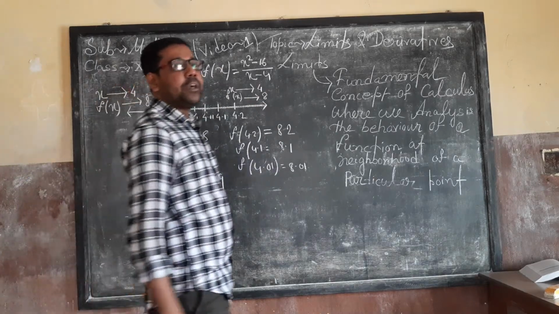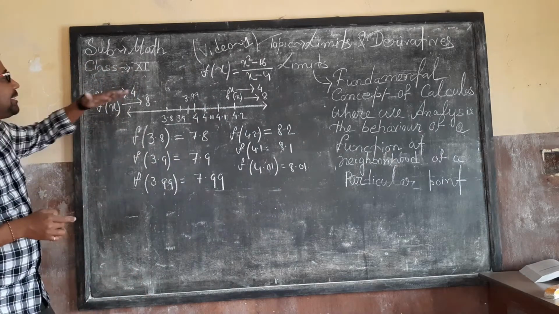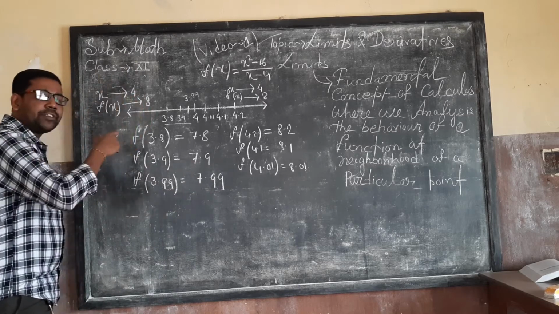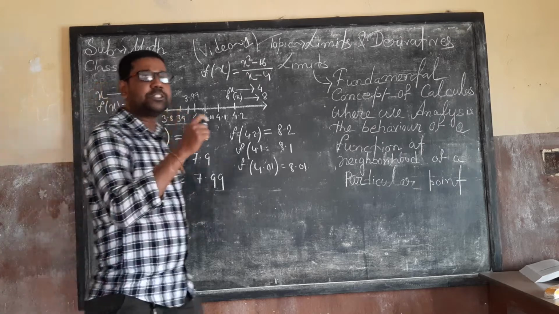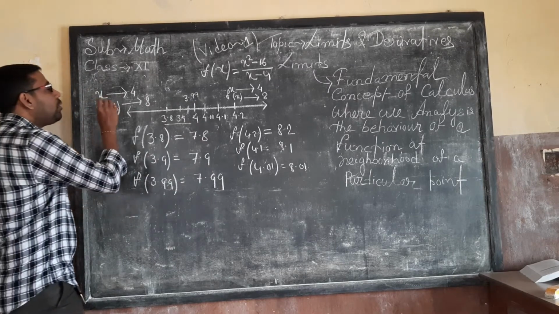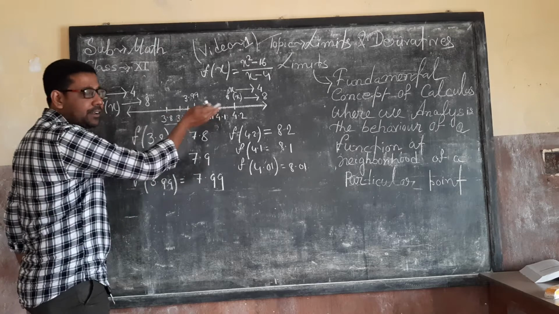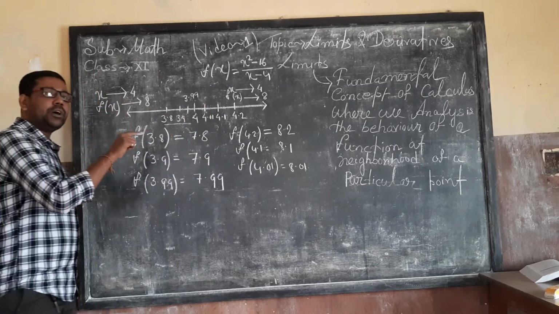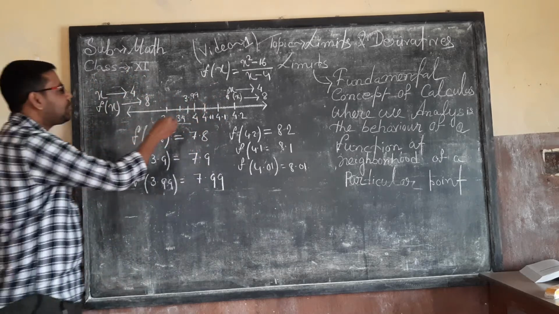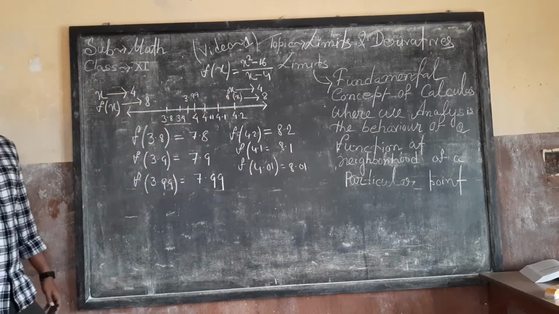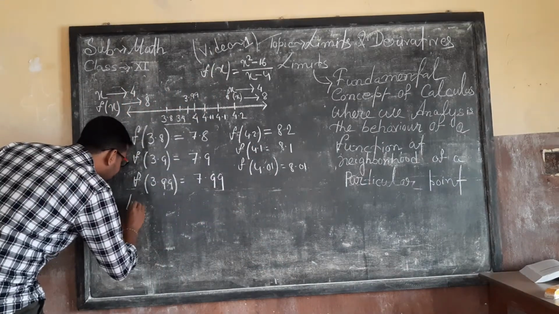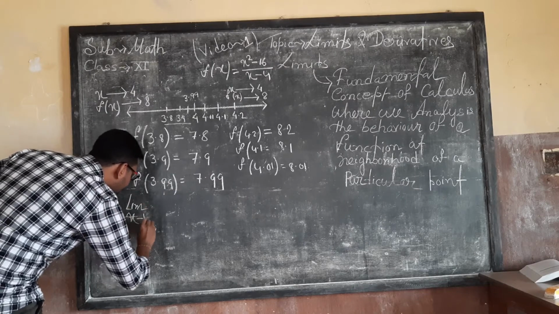Okay, and this time when a function behaves just like that, consider the values present on the left hand side of a particular point and the values on the right hand side, all those values very close to this particular point. When we move from the left to this point, the function value tends to a particular value, and when you move from the right side to that particular point, this means 4, the function value also tends to the same value. This time we write this notation, the limit x tends to 4,